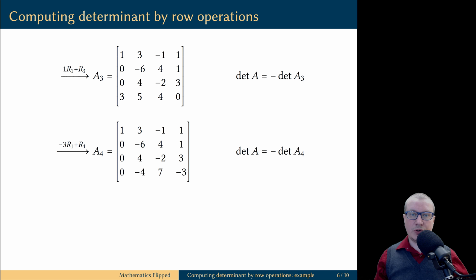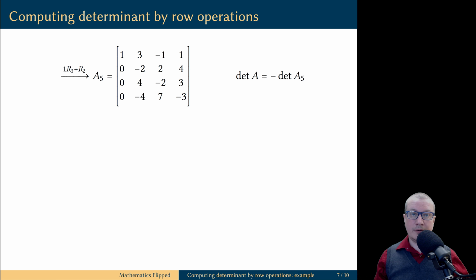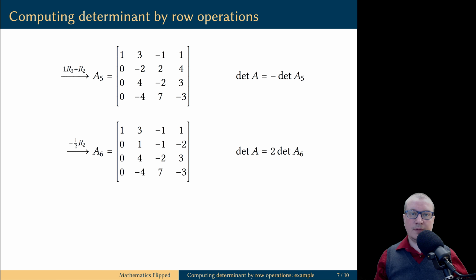Notice, if we try swapping rows, then no matter which row appears in the position of row 2, scaling will introduce fractions. This is possible, you can do it this way. But instead, let's add row 3 to row 2. This does not change the determinant, but now we can scale this row 2 by -1/2. We obtain a new matrix A6. Because it was the scale operation, determinant of the matrix did change.